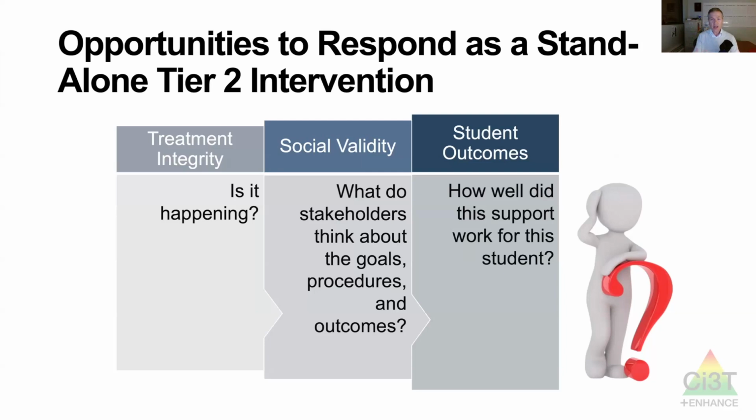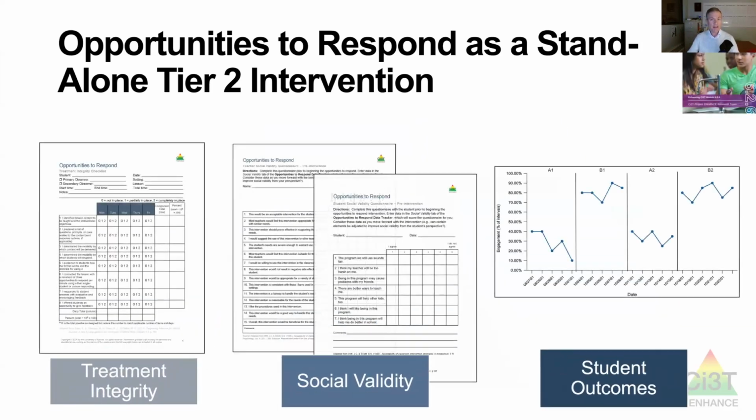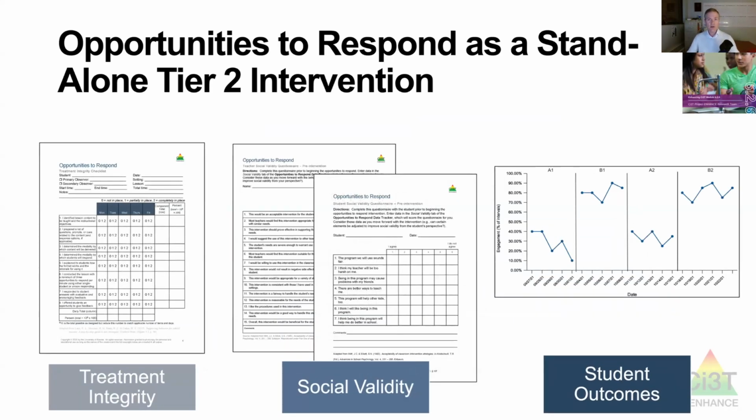But also I may expect my paraeducators, my education assistants, all the other adults in the room who are assisting in the instruction or specialists who come in, and they're going to be using opportunities to respond. I want to assess their social validity as well. What do they think of it? And ideally, I want to be checking on student outcomes. Are they improving based on my implementation of this strategy? So in the module, you see the graph on the right there, there's a way for you to collect data in an easy to use Google Sheet or a Microsoft Excel database where you can put your data, it'll automatically graph it, and you can compare in baseline and withdrawal when there is no intervention to the time periods we collect data when opportunities to respond is in place at a high rate.